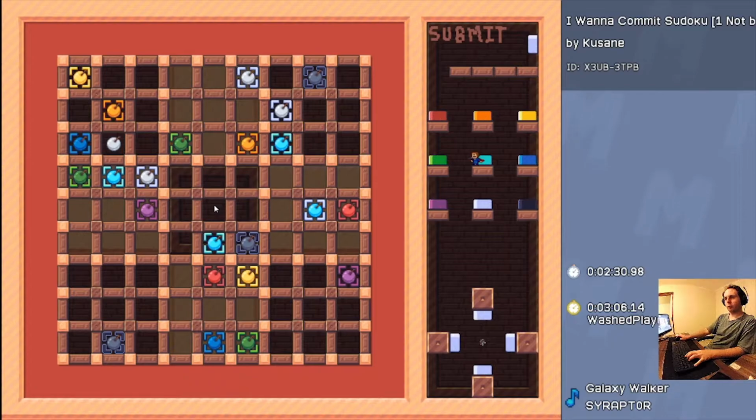I'm pretty sure I've got a green here because that takes out those, that takes out those, and that takes out those, so it has to be the center square. The real tell for whether or not I actually did make a mistake, I think, will be whether or not I end up with dark blue here,